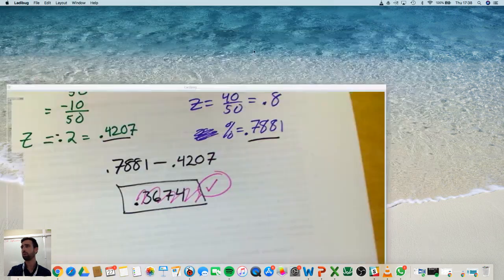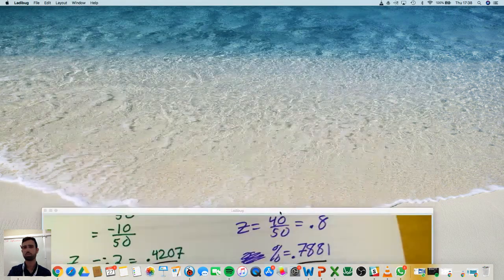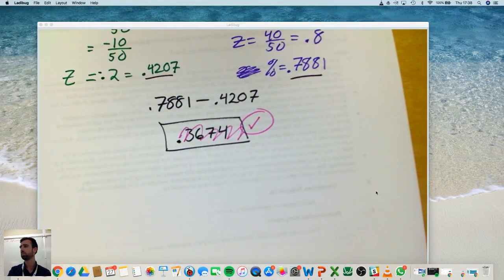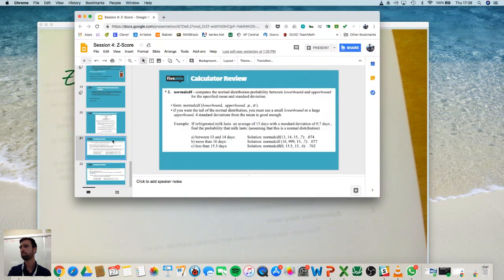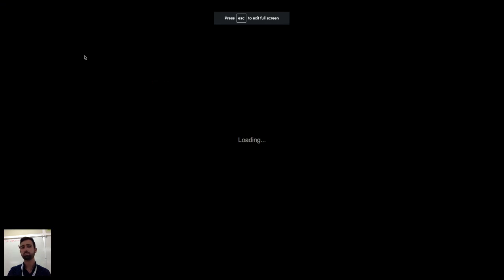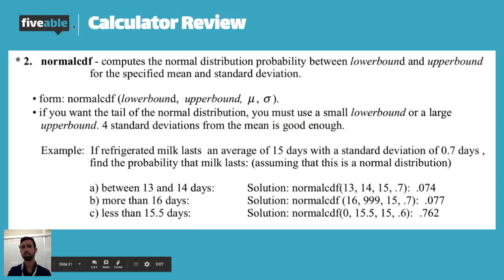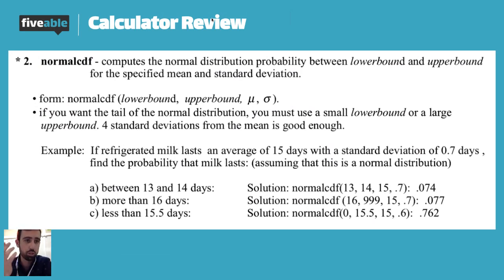Okay, so let's wrap up a couple things. First, this is something you might want to screenshot, right? I'll just wrap up with the calculator stuff. So if you want to compute